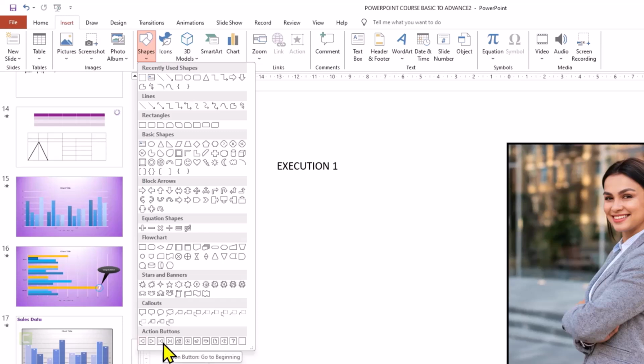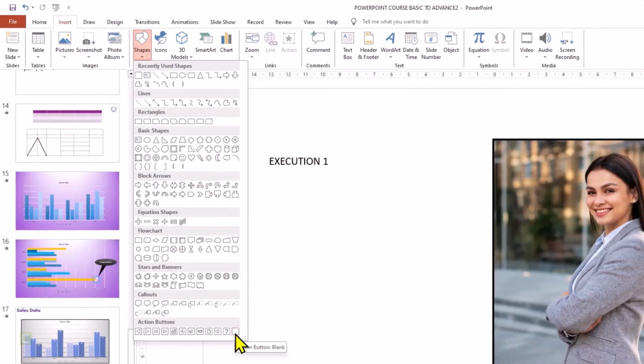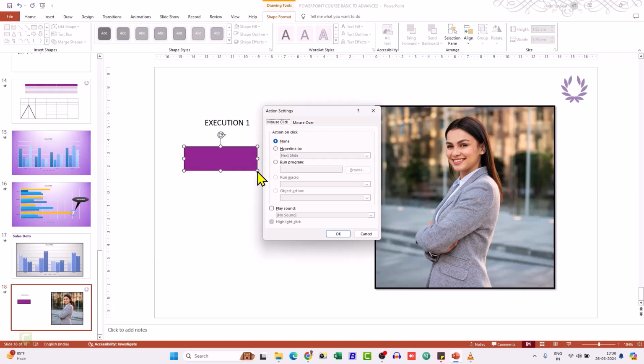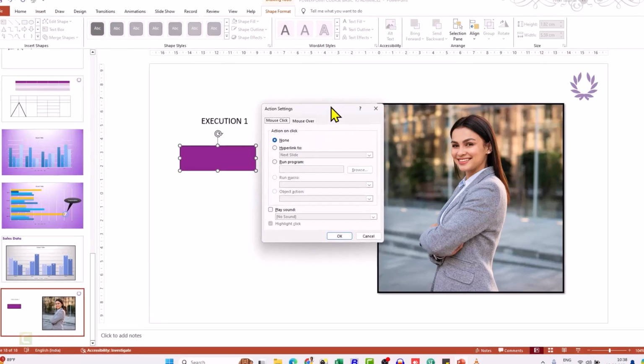This is for the beginning and this is for the home. And a lot of you just hover the mouse and read what you want to do. So I'm gonna use the blank one. Just click on it and draw your shape, and once you release your mouse, you will get this action setting